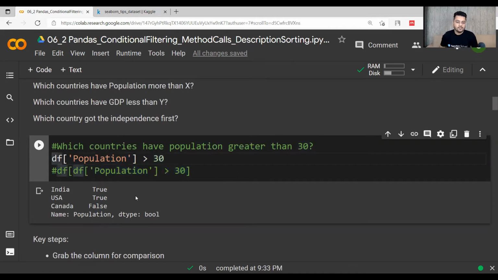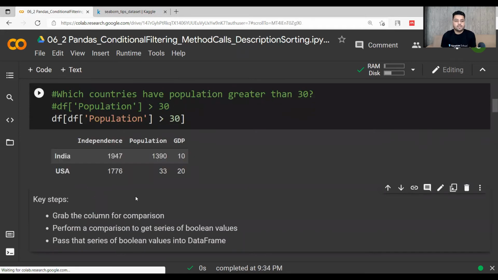Now let's say that I want to comment this, and I will do that. I will do this in a way that I write the condition within the data frame to get the value out of it. So if I write this again, then the two rows are given as the outputs, because now the true, true, false are being used as a filter to get the data out of the data frame.